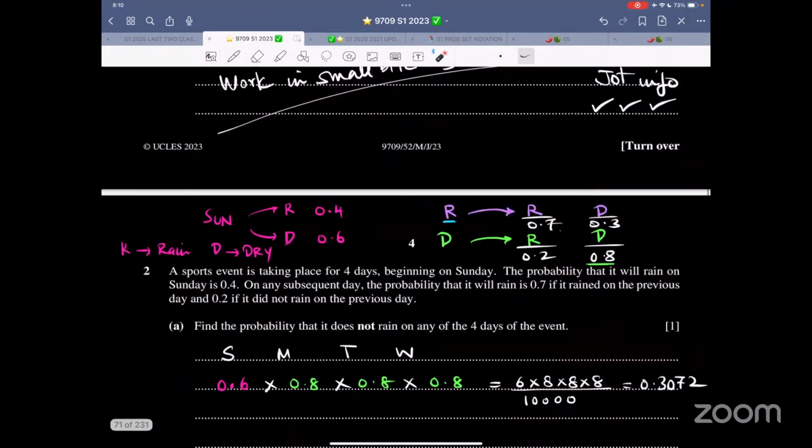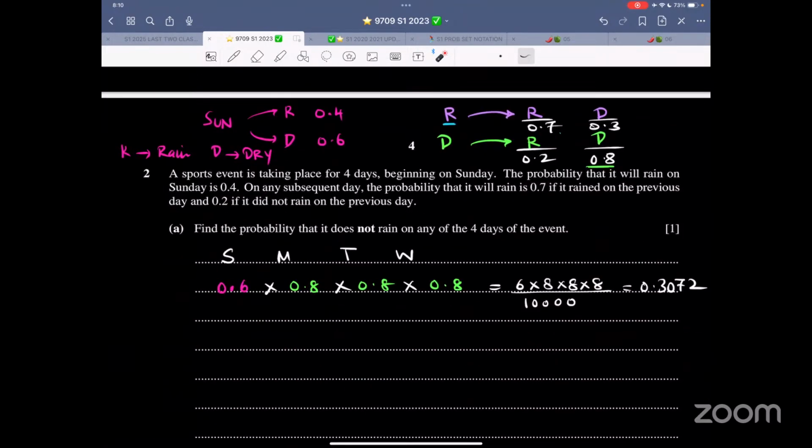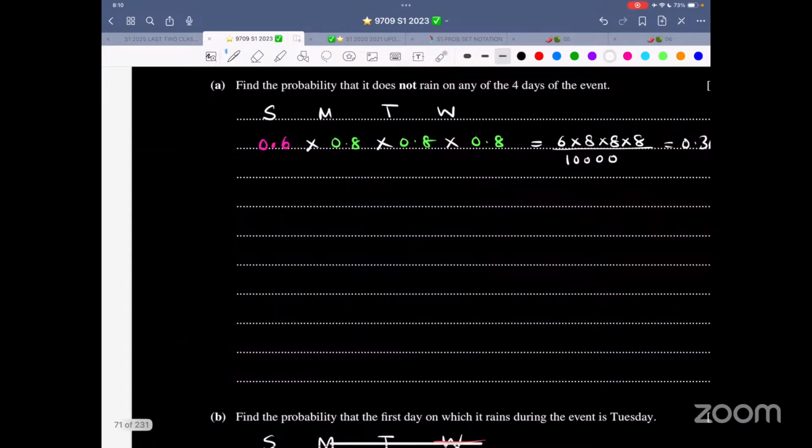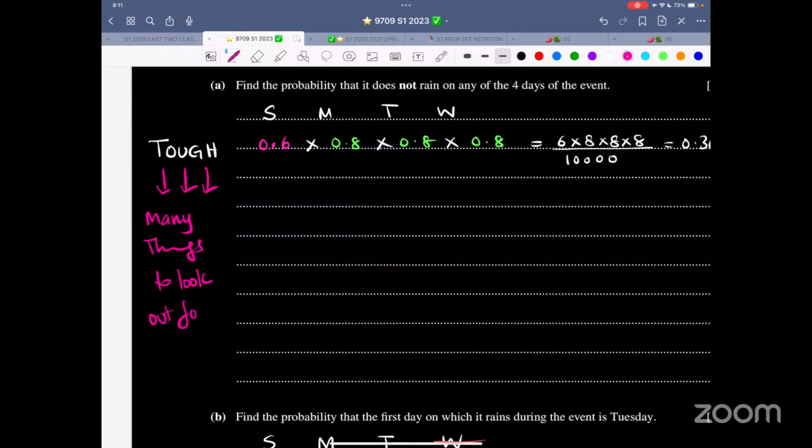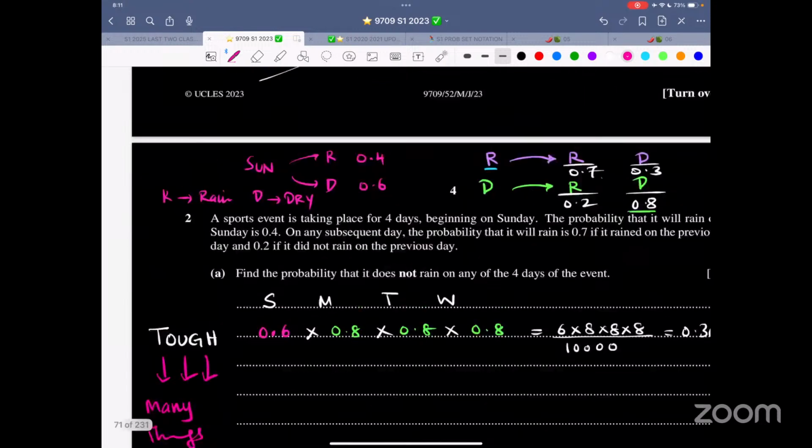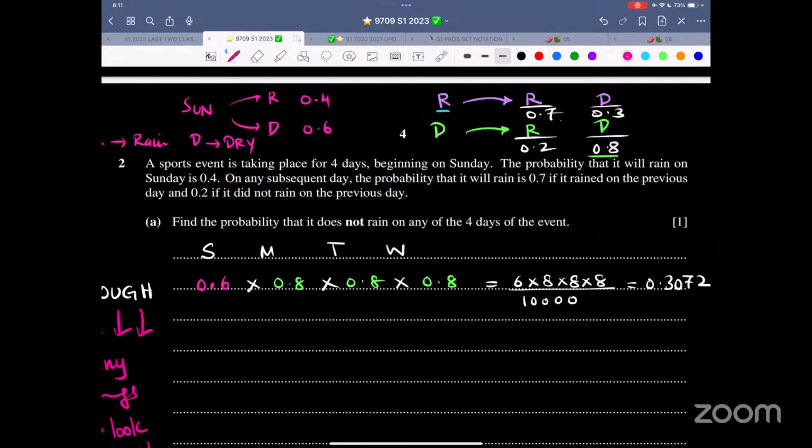So simple. This question was a tough question. Tough in the sense that you have to be very vigilant. So now, what is my definition of tough? A tough question is, there are so many different scenarios, so many things to look out for. And what do I mean by this? Let's have a look. Now, first of all, read the question. I would like you to read the question. Now, I'll read it for you.